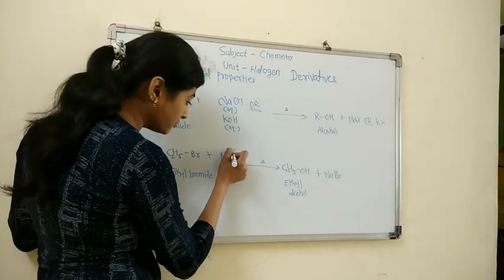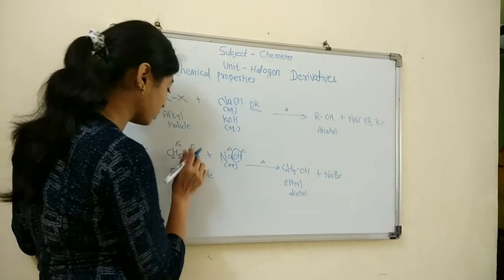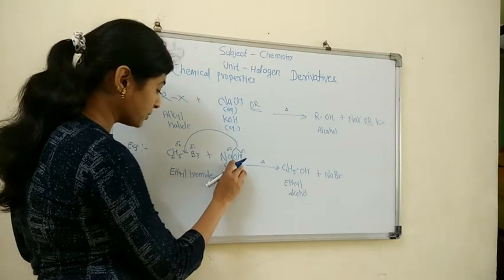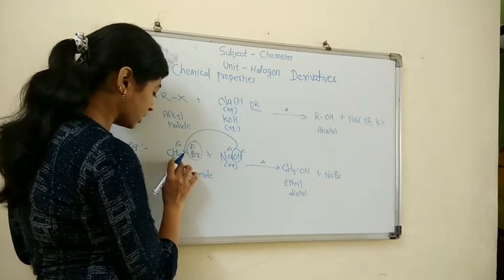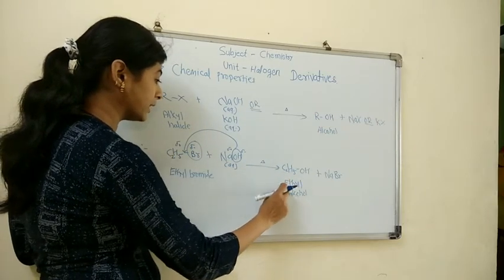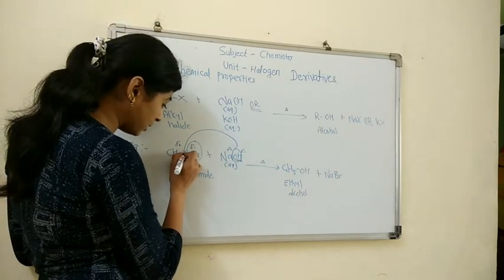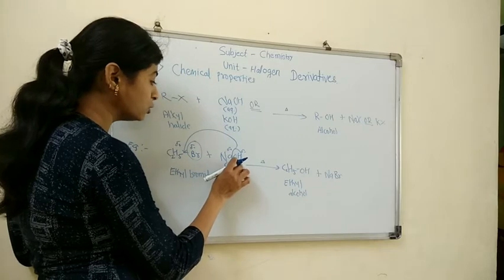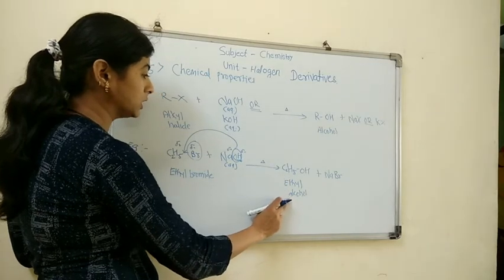Here this is del negative, del positive, del negative and del positive. One nucleophile, that is OH nucleophile, is substituted on Br, C2H5, ethyl group. Here the C2H5Br, that is ethyl bromide, is converted into product, that is ethyl alcohol. This OH negative nucleophile attacks this carbon atom, and the bond between carbon and Br breaks, and a new bond between ethyl group and OH group is formed. So the product is ethyl alcohol.